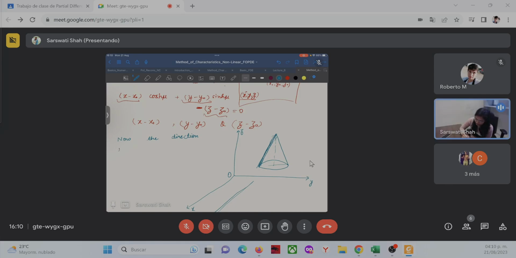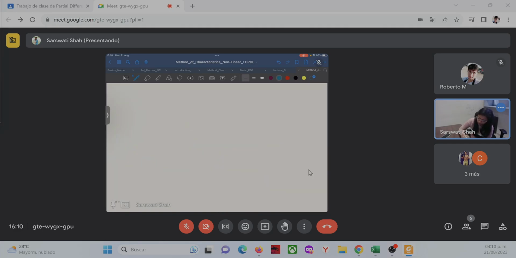So now the direction ratios of the axis of the cone, which is parallel to the x-axis, are 1, 0, 0. Let the semi-vertical angle of the cone be pi by 4. Then cos of pi by 4 will be the